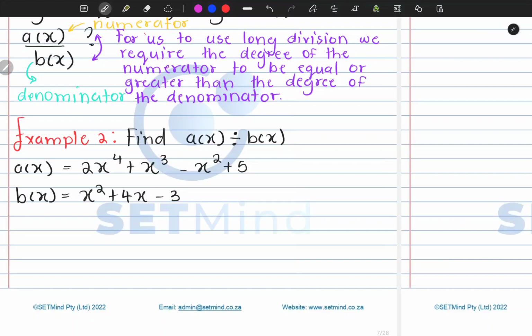So we become happy because we can see that we are dividing a and b, and the degree of the numerator is greater than the degree of the denominator. If you look at the degree of the numerator, which is a of x, it is simply the degree of